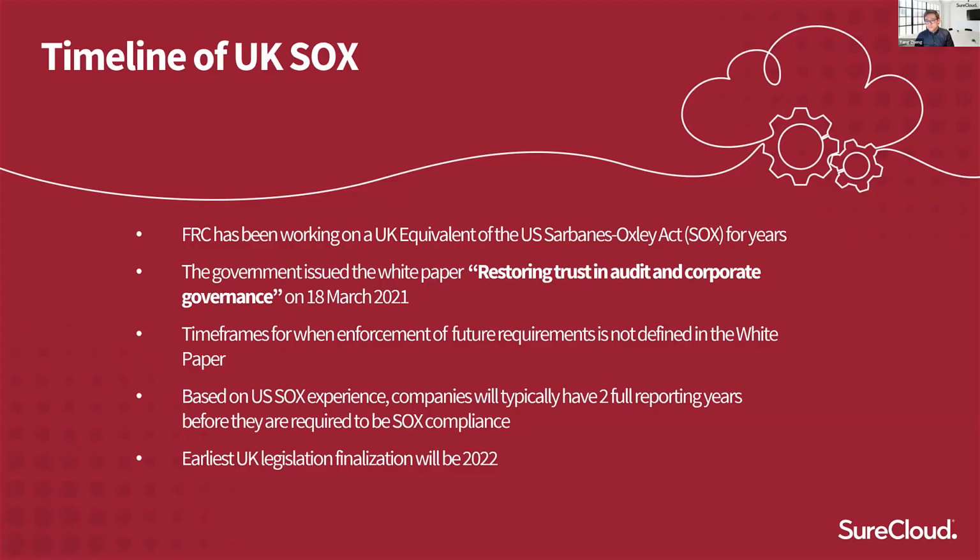So in terms of the timeline of UK SOX, as Matthew said earlier, as long as a business interacts with a US firm that is publicly listed, they will have some element of involvement with SOX. That applies also to large conglomerates whose headquarters may not sit in the US, but because they have procured or have a sub-entity that is listed or involved in a listed company in the US, they will have to comply with SOX.